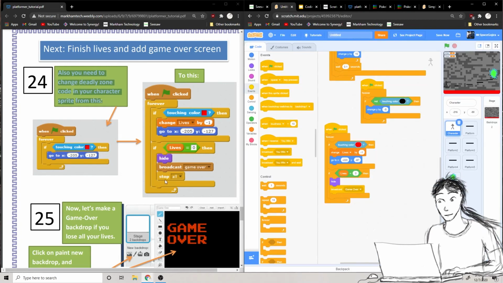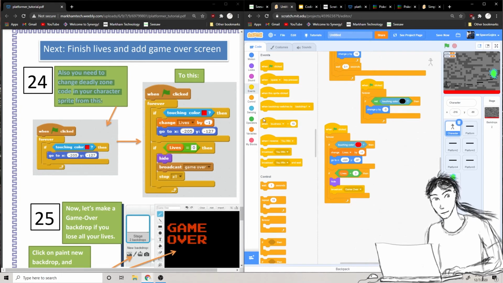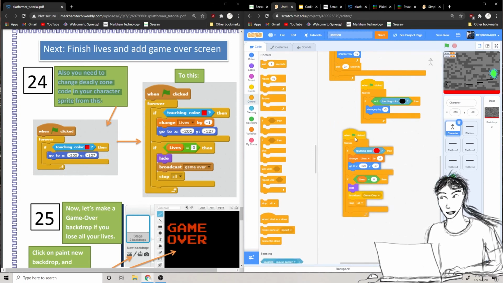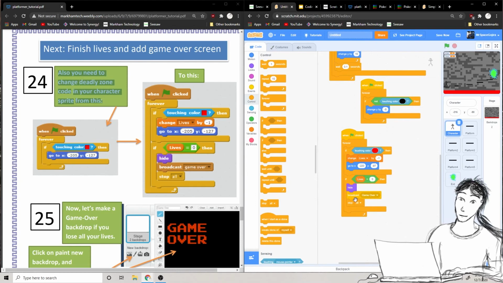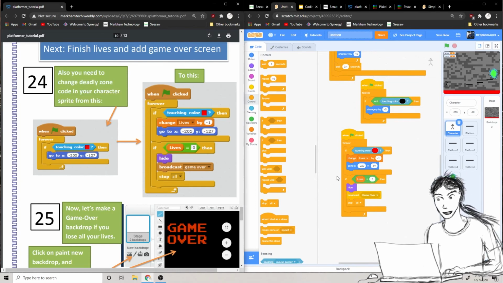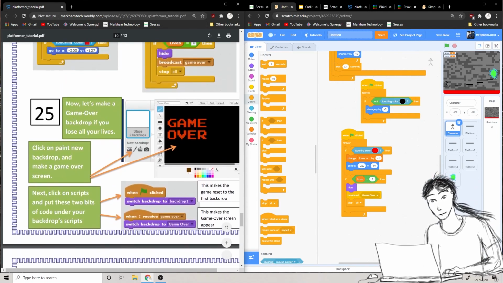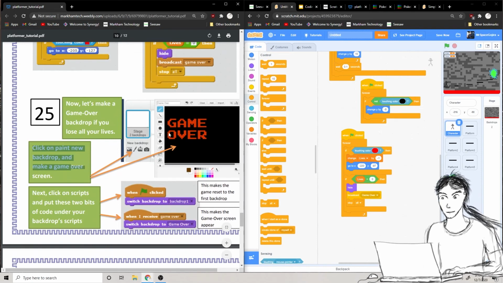Okay, and then we want to stop all. So stop all. Ta-da! Cool. Okay, we fixed our deadly zone code bit. Now, finally, let's make a game over screen backdrop, and then we're going to, you can make it however